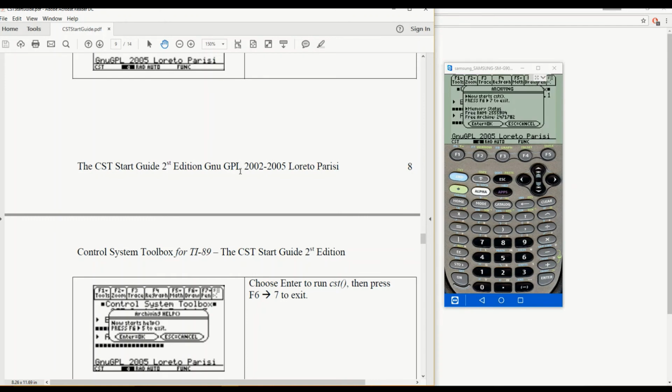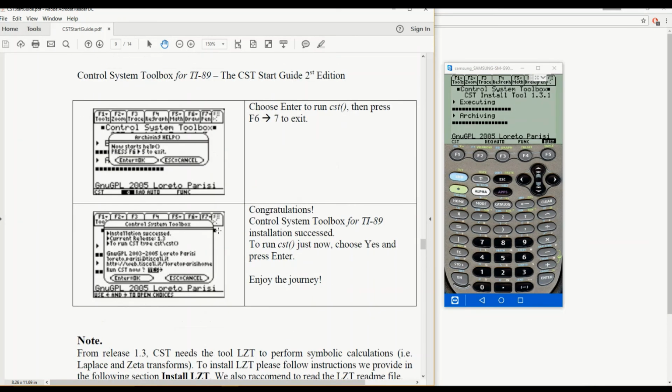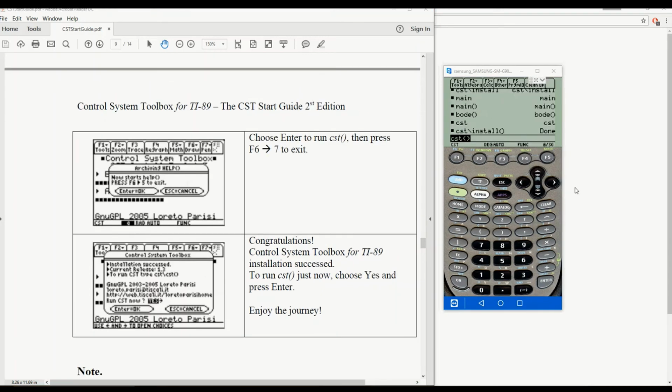Okay, cool. Now starts the CST. CST is our core file. That is something that you definitely don't want to forget to install. Okay guys, it looks like the installation is complete,